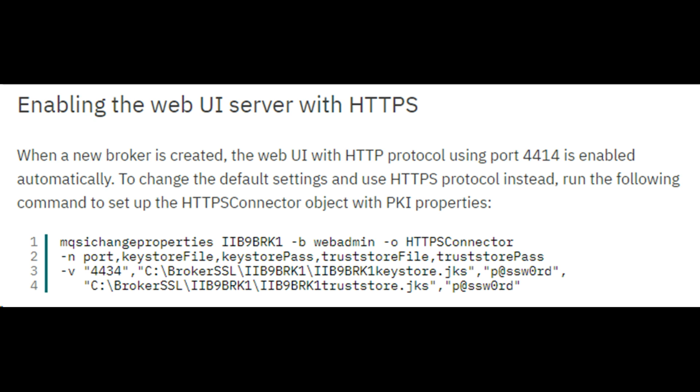So you will have to configure the broker to move away from the default HTTP traffic that goes to 4414 and move it to use a JKS file, some certificates, and move the port to 4443.